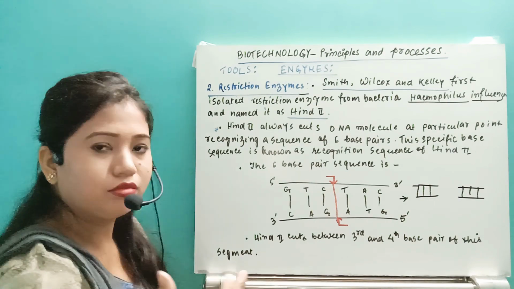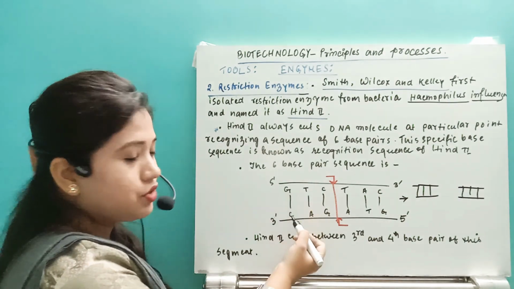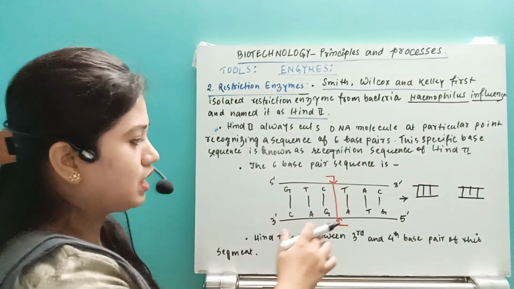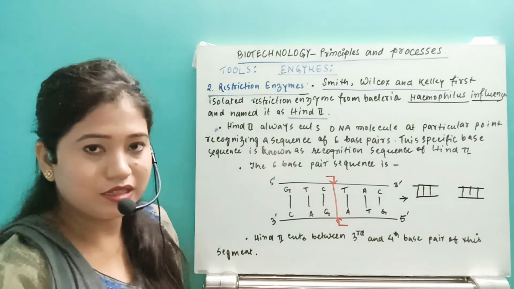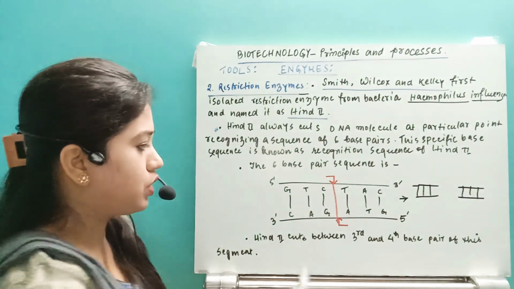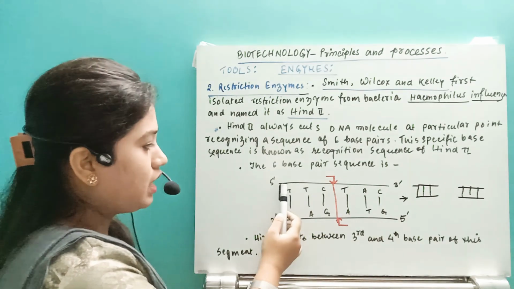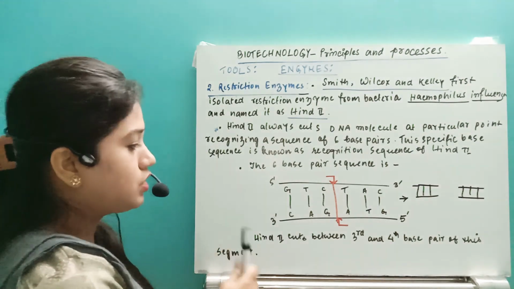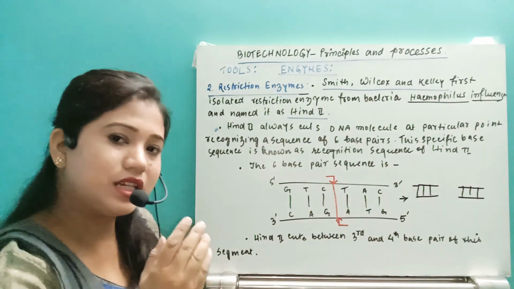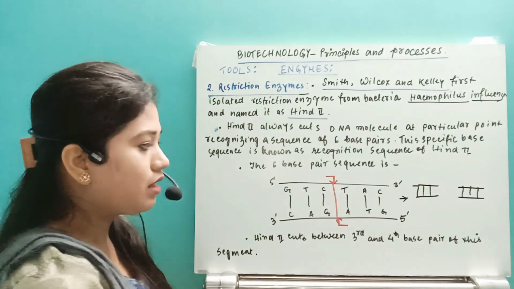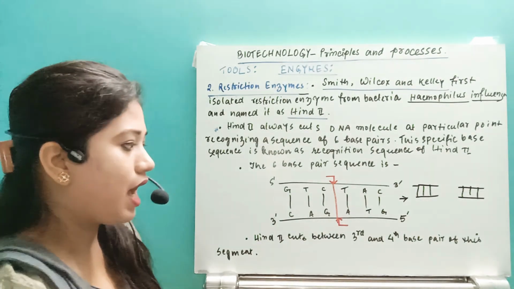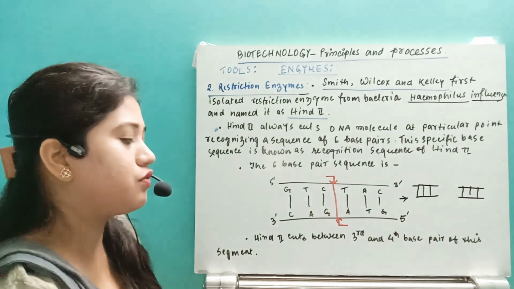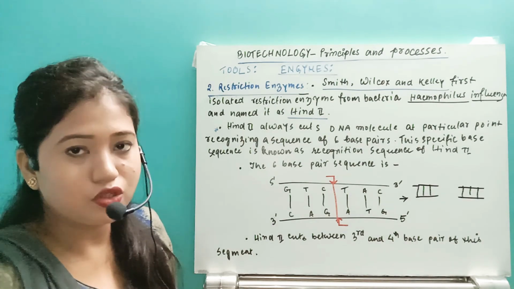I know that you know that between G and C we have 3 hydrogen bonds, and between A and T there are 2 hydrogen bonds. I am just indicating the hydrogen bonds, not indicating single, double or triple bonds. So here we have the hydrogen bond, and in between we also have the phosphate bond. This way, HindII will cut the gene fragment at that specific location, that is in between C and T, right? It is able to cut at that specific region and break the gene fragment into 2 parts.